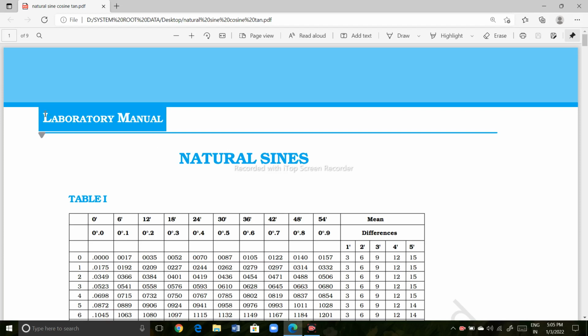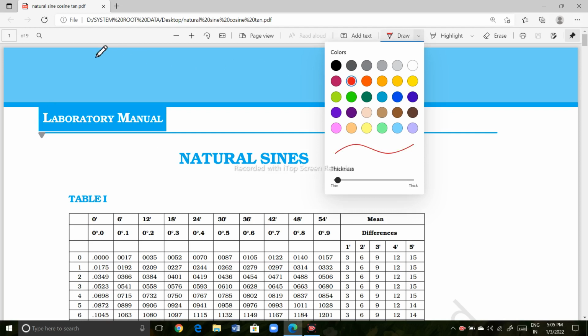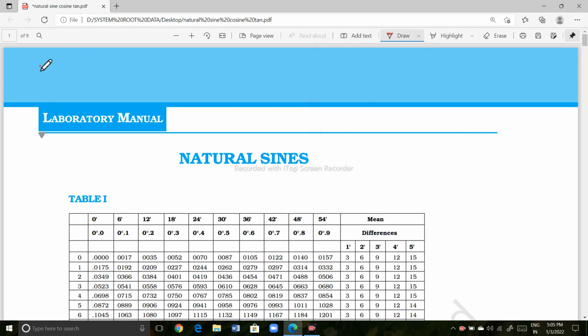So let's start off with part two of trigonometric tables, and we'll start off with the first question. Let's say the question given is, we have been given sine of theta is equal to 0.5798, and we need to find the value of theta.